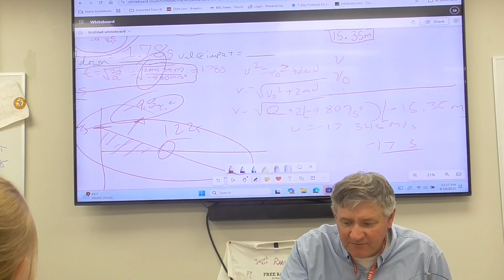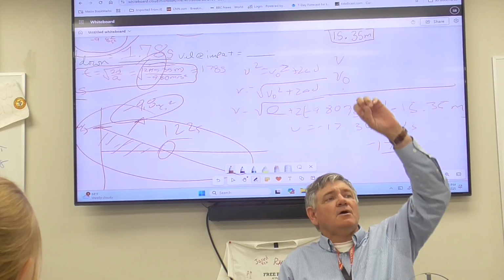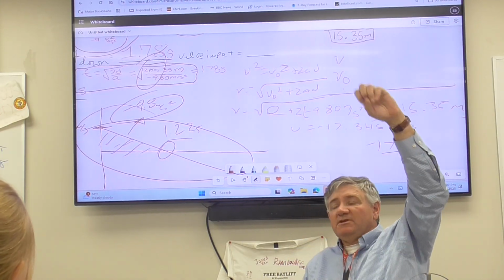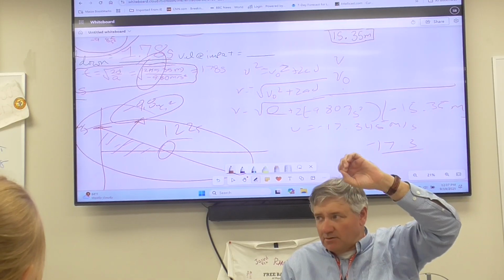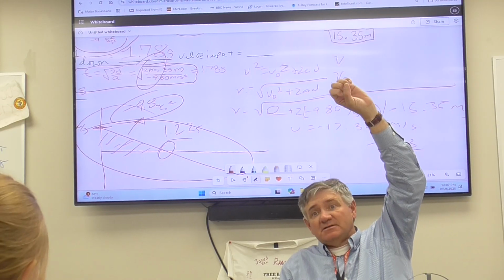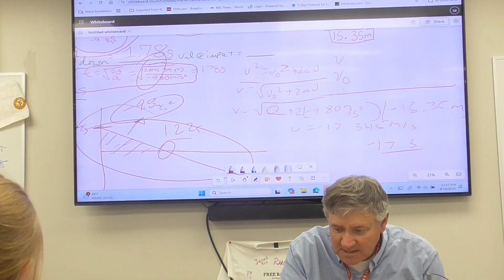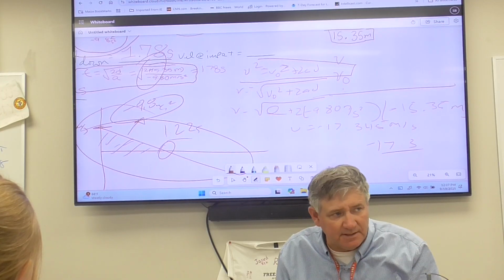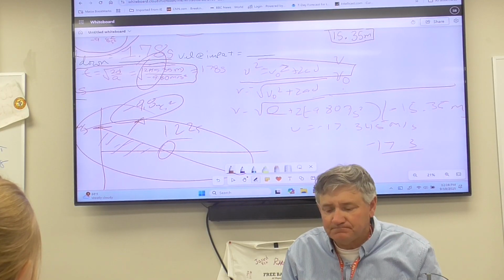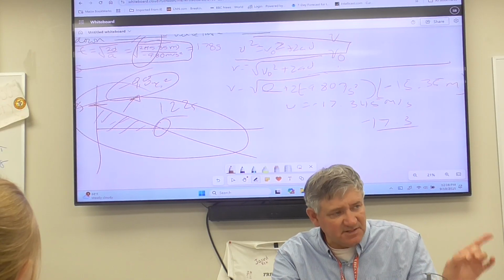Now, Nathan found the final velocity at impact. Here's what's important here. Again, what's your initial velocity when you start to fall? 0. It's gone to its maximum height. Stop. Fall. You've got this basic kinematic equation: V squared equals V naught squared plus 2AD. Got that equation, right? When you start to fall, the initial velocity is going to be 0.